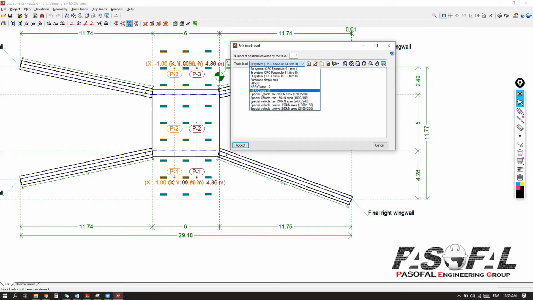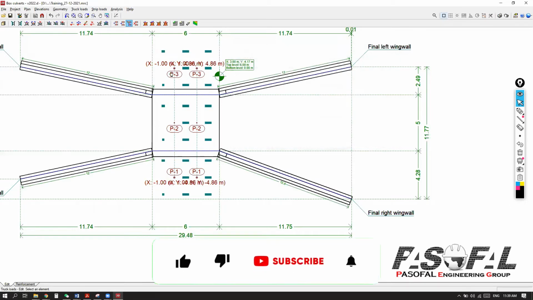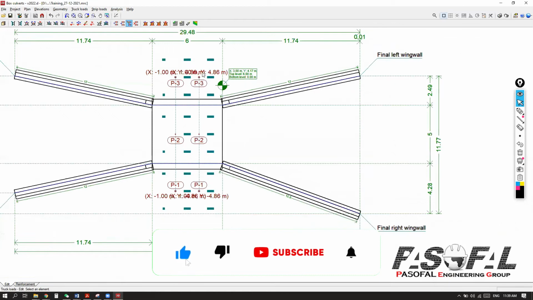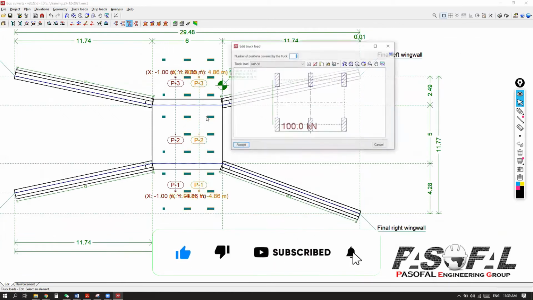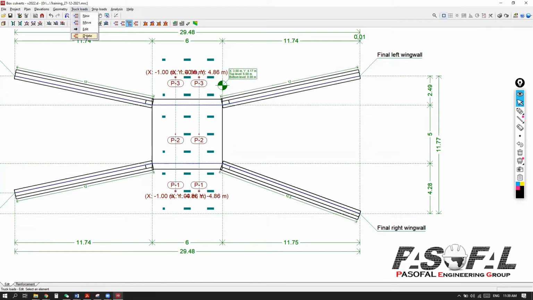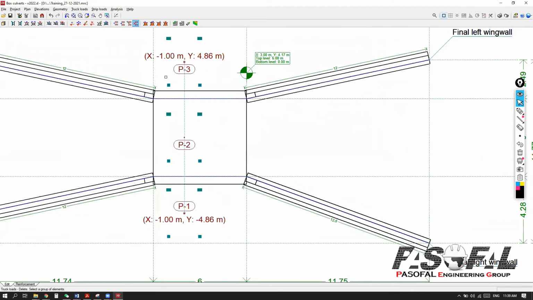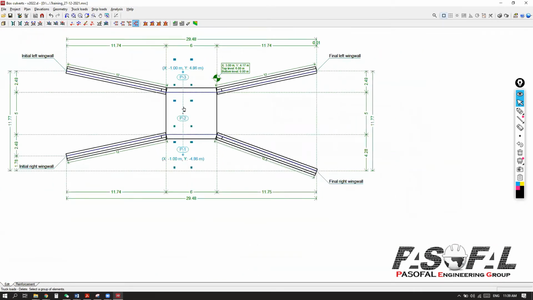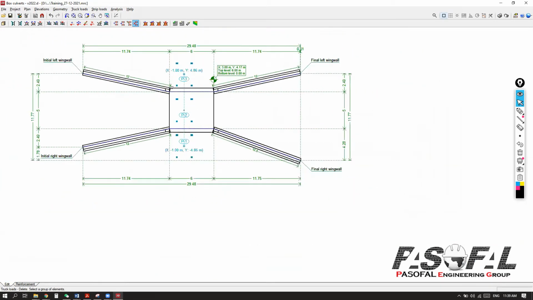For example, from here I can change this type of let's say vehicle class to this one. So I can accept it, and then here I have it. Okay, so also from here, maybe I want to remove this. I can go to truckload, delete, and then delete this, right click. Okay, so in this way you can, let's say, work with the truckload, and then here you have the strip